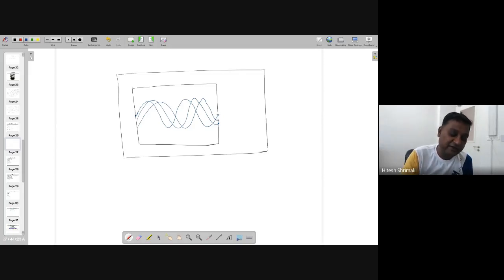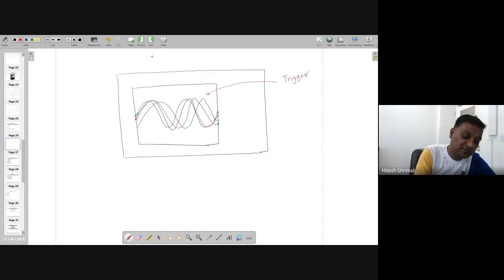It's happening because wherever it stops, it will start from there. So this has to start in such a way that it's exactly on top of each other. Then it's not moving and it looks like a stationary image. This is the important thing. What we generally do for such a thing is use the trigger function in an oscilloscope. We are talking about an oscilloscope in reality. If you use the trigger function, you can match this and make this image stationary, and things will be pretty fine for you.